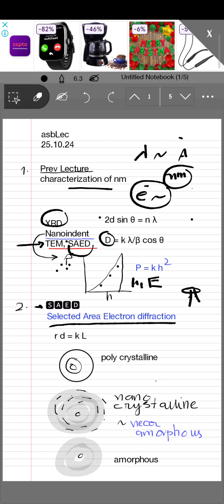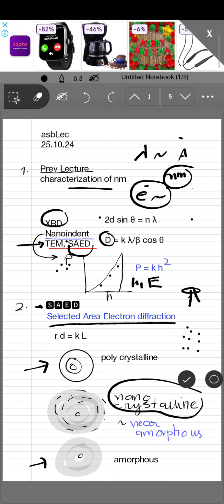So in the case of a single crystal, we have a spot pattern like this. However, in the case of a polycrystal, we have a ring pattern. In the case of an amorphous material, we have a halo pattern. And since the nanocrystalline material falls somewhere between amorphous and polycrystalline material, and is sometimes called near amorphous material,